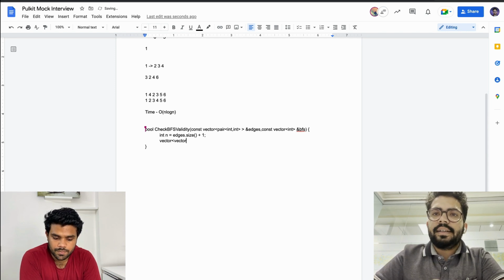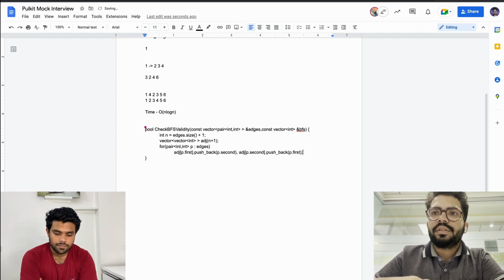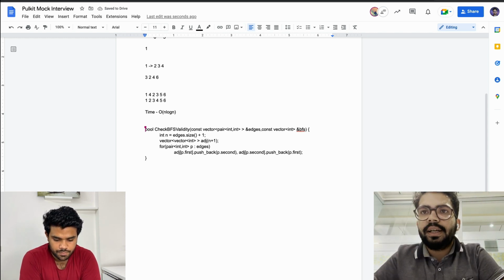For that, I'll need a vector of vector int adj of size n+1, and then I can iterate with p on the edges, and say adj of p dot first dot push_back p dot second, and adj of p dot second dot push_back p dot first, because this is supposed to be a bidirectional edge, right?